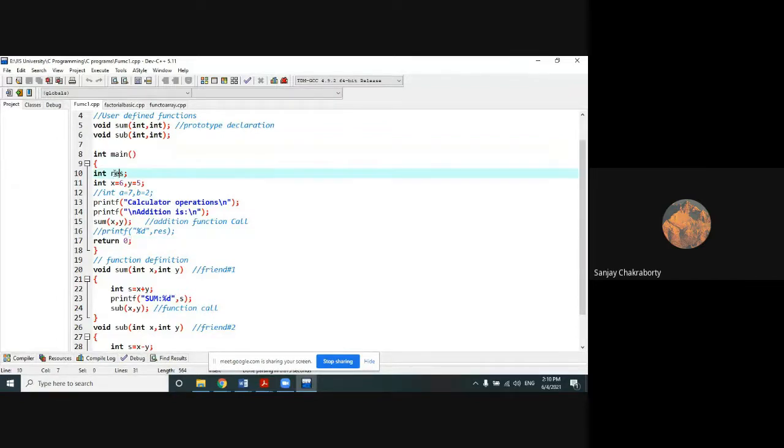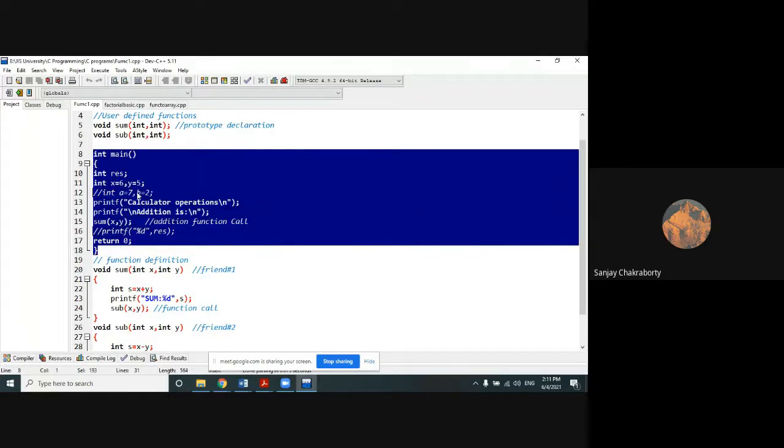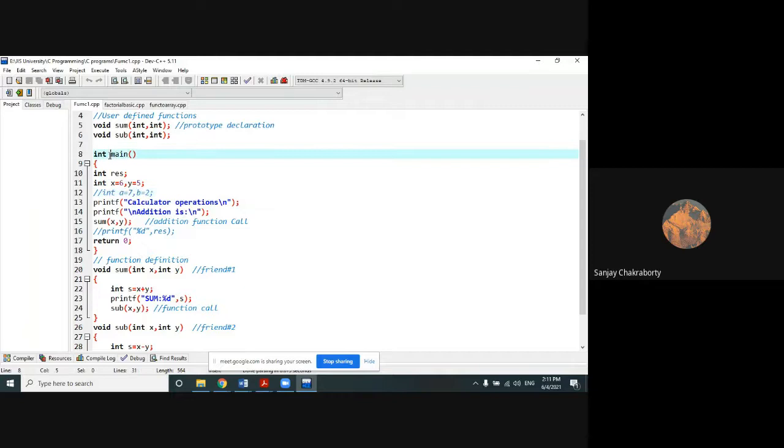So main is the main function of your program, and it returns an integer value, 0. That's why we have used a return type before these functions. Dev C++ by default takes the main function in such a form, but it is not mandatory. You can also declare the main function as void main without giving a return statement as the last statement, because void means no return value. But Dev C++ doesn't support that form of main function. You can say it's a disadvantage of Dev C++.